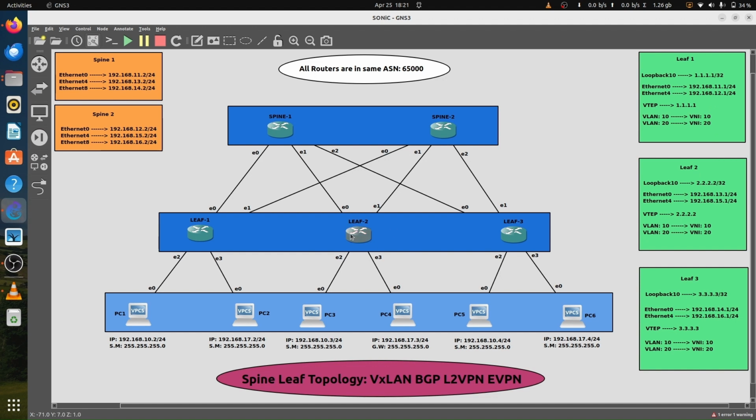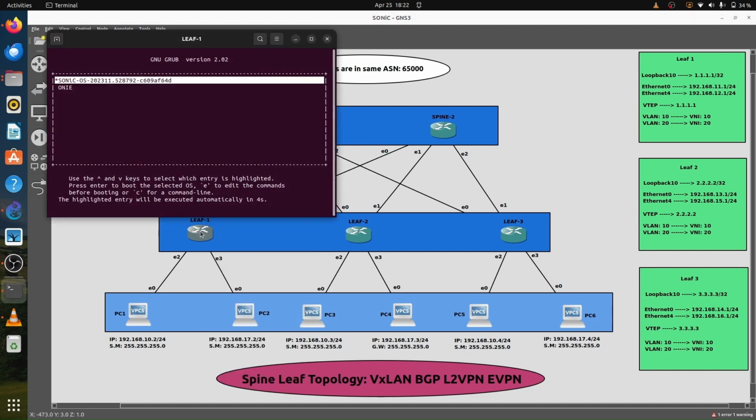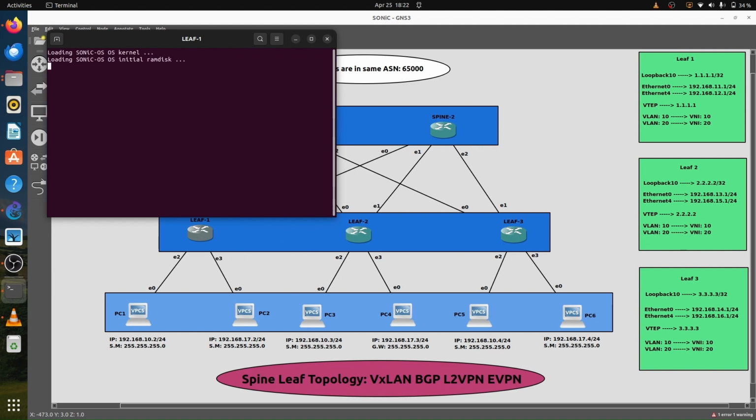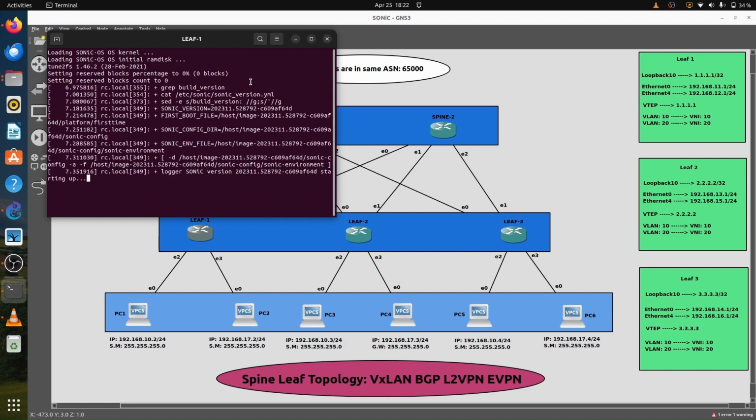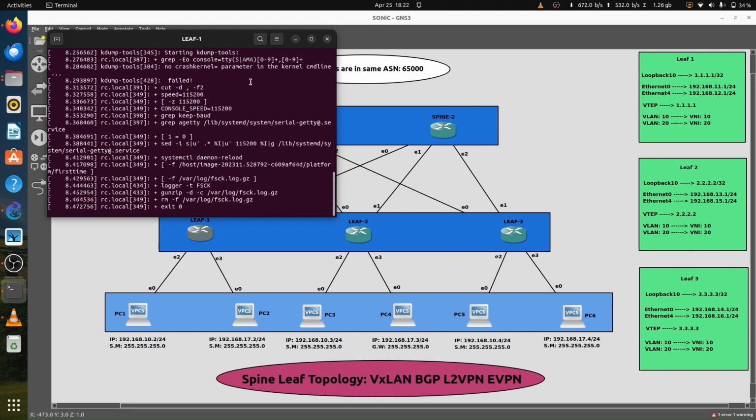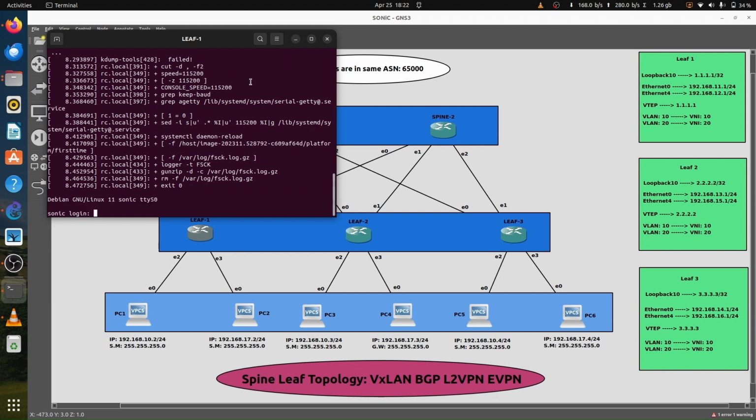Now again I will start this switch. It will take some time. Actually, why I am doing this: if I run all the switches at the same time, it will consume a lot of resources. The system might be slow, and it would be difficult to